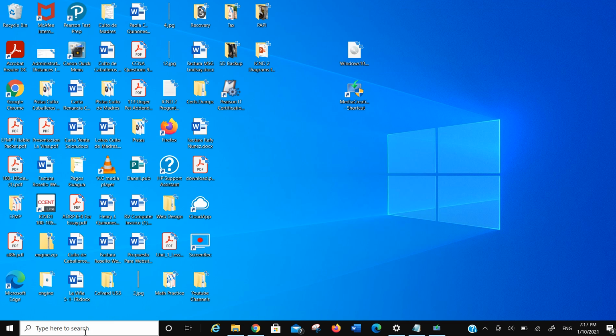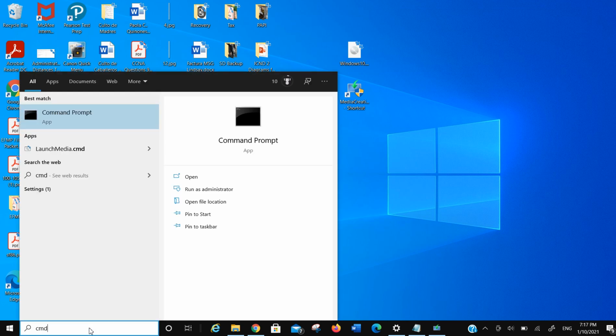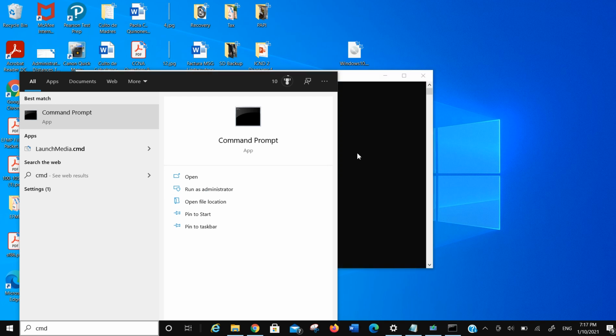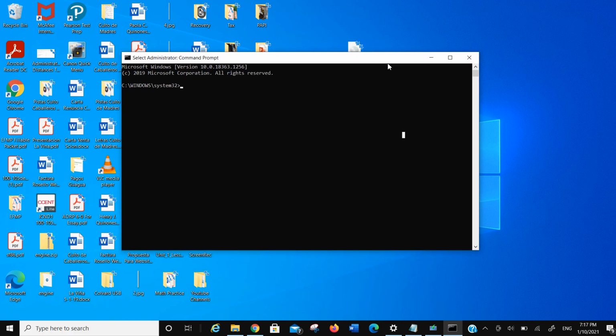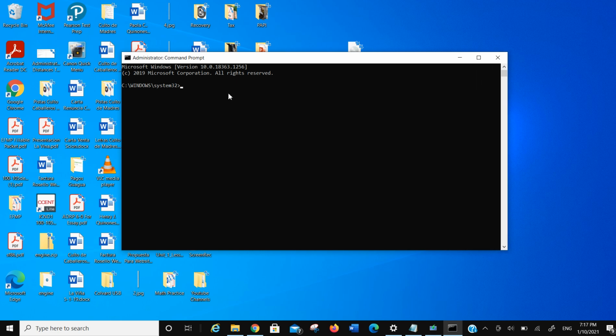So what we're gonna do first, we're going to the command line. We're gonna run as administrator. So with this option, you don't need to have any software. You can make it bootable through the command line. So we're gonna type here diskpart, and now we are on this part. So this option is gonna show us how many drives and disks are connected to the computer. We're gonna type list disk,